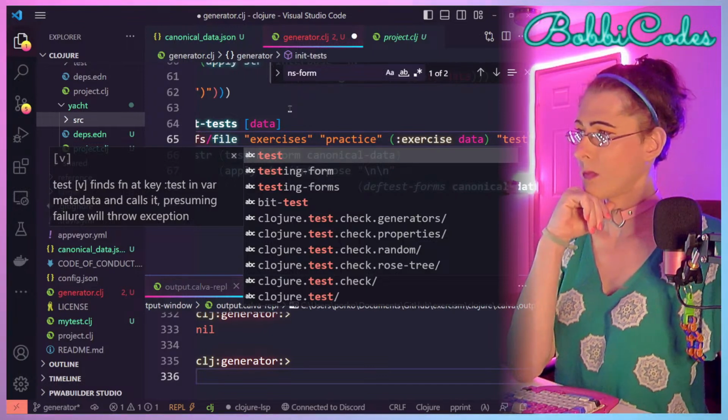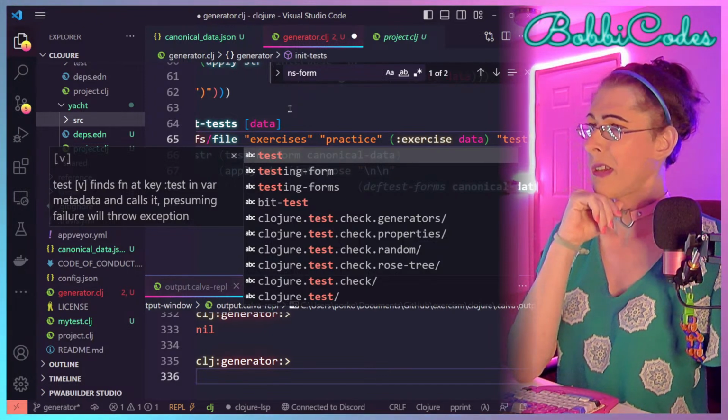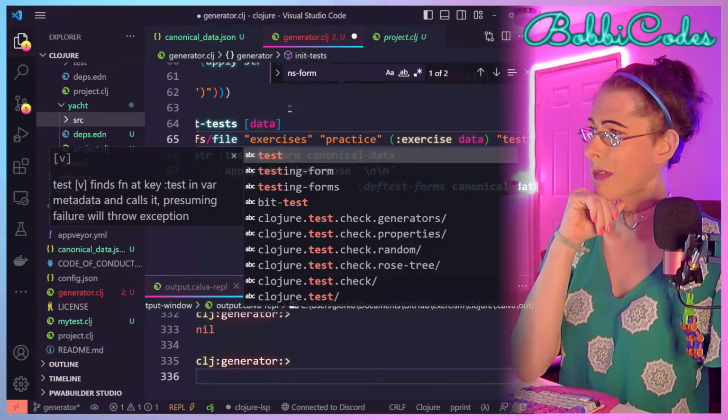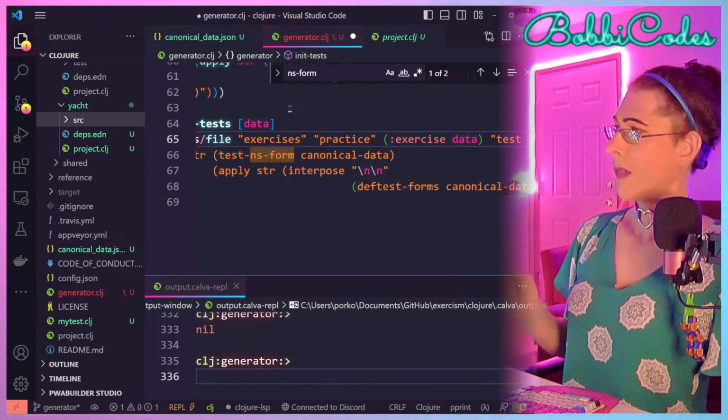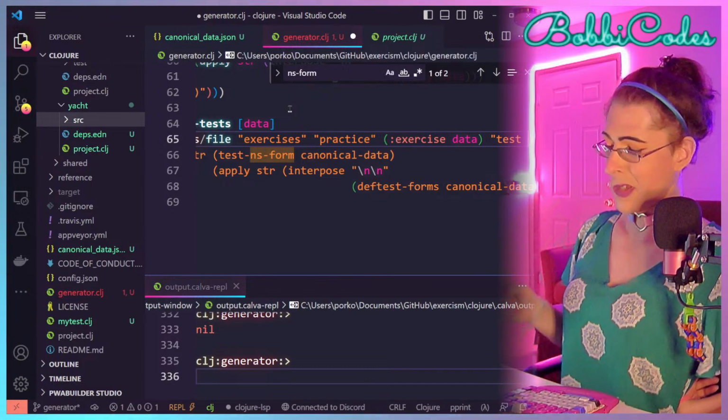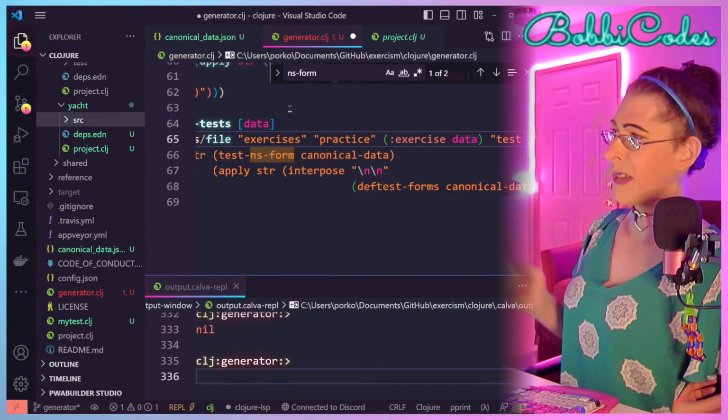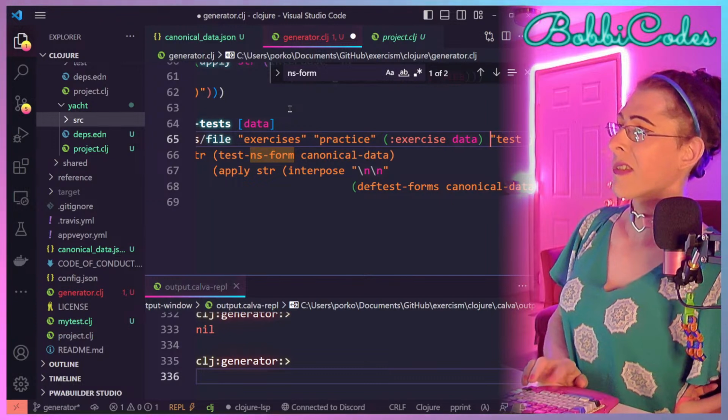Wait. We need to create that first. Okay. And then it's going to be called, and here's where we need to change hyphens to underscores.